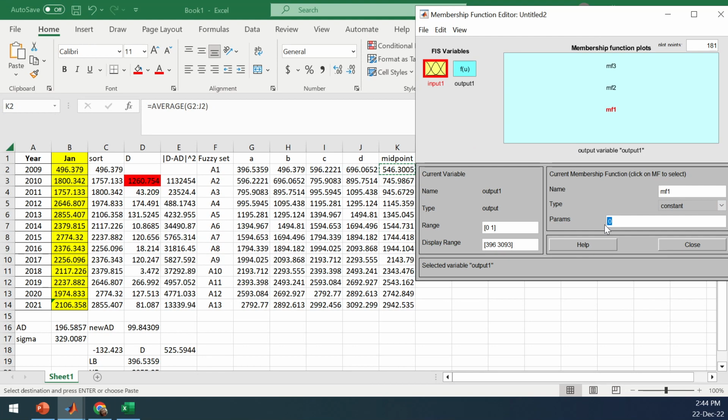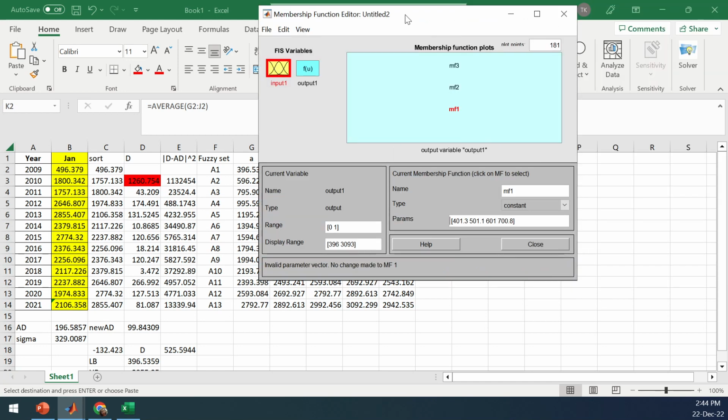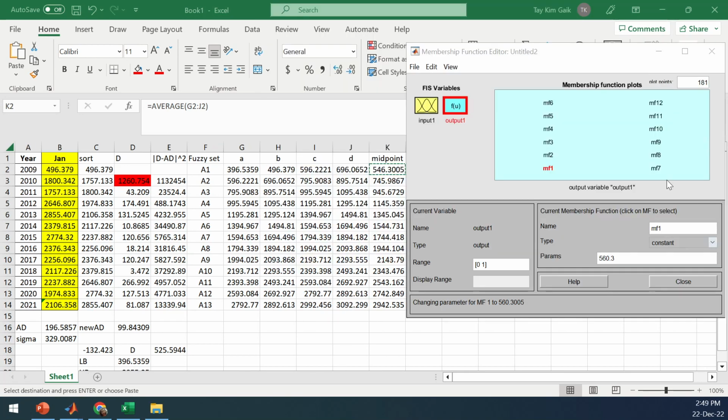The parameters is this value. For the output of membership function 1, let's say, key in